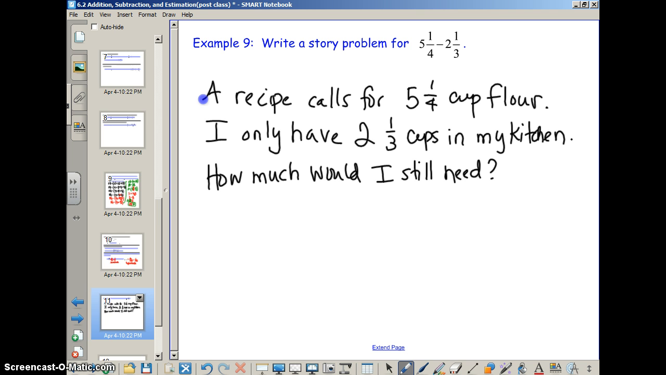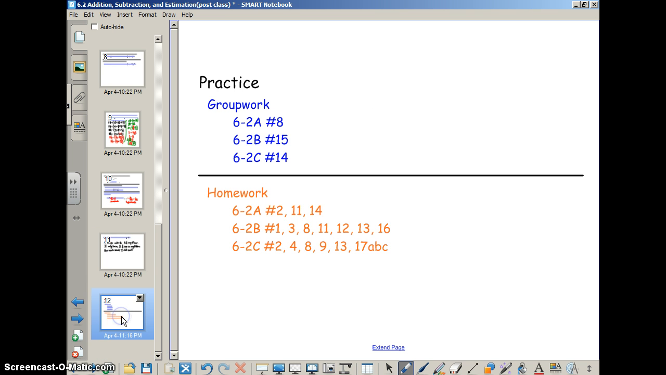All right, so that is the end of this section. Before we get done today, we will have time for group work, and we'll do these 3 particular